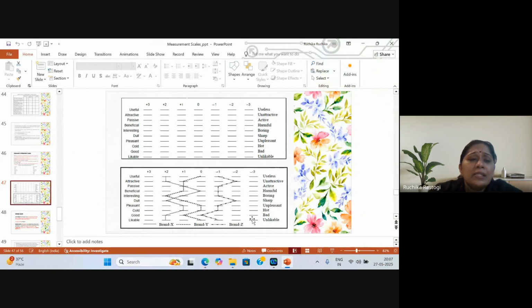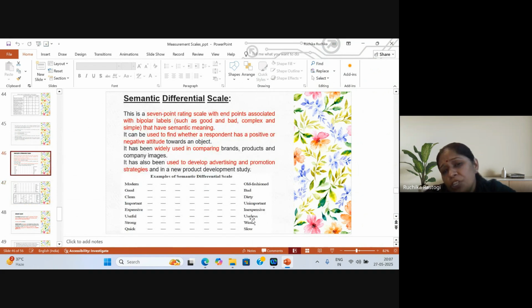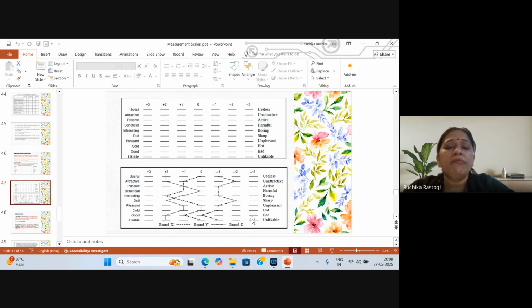Okay? And this is again a very basic semantic differential tool. But the fixed thing is, we are not going to change the 7-point rating scale, as we can in the Likert scale. In the Likert scale, we have the option to choose 3, 5, 7, and 9. In the semantic differential scale, we can always go with the 7-point scale only. But the very positive point is that these words can be changed. Otherwise, 99% of people go with this semantic differential scale with these words. But that gives you the liberty to change 1 or 2 meanings or 1 or 2 variables if you want to.